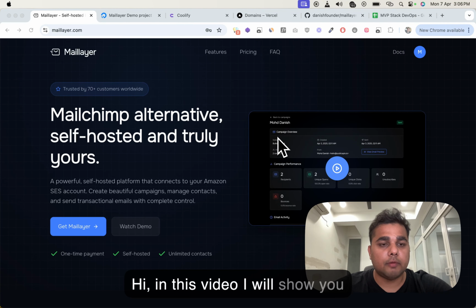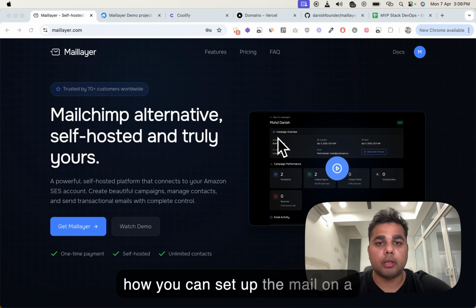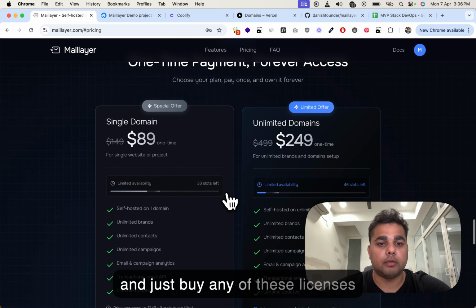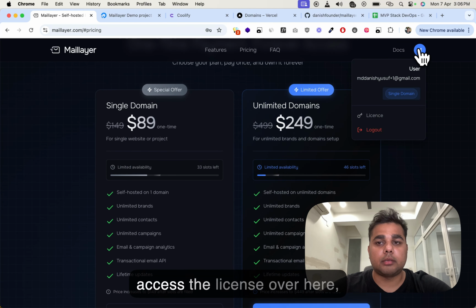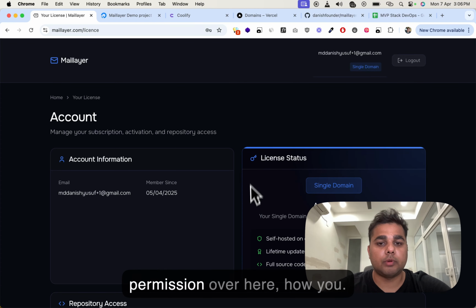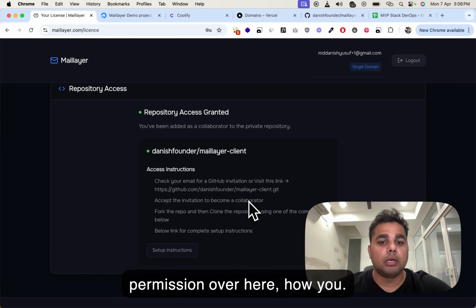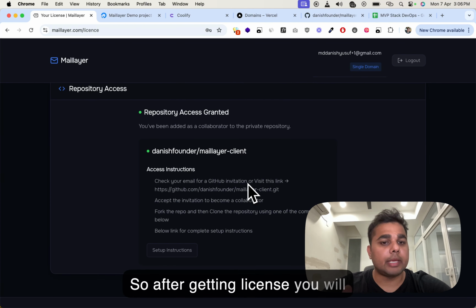Hi, in this video I will show you how you can set up the Maillayer on a VPS. So first of all you have to get a license. Go to the pricing and just buy any of these licenses, and after that you can access the license information over here. After getting the license, you will get an email to activate the account, and after that you will